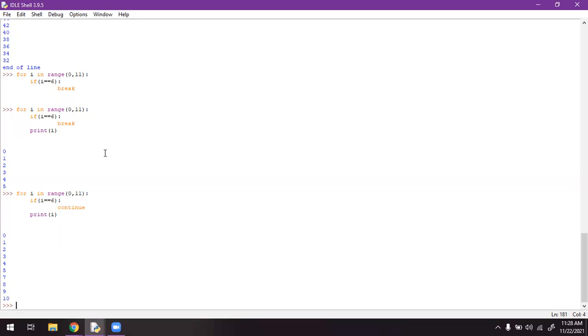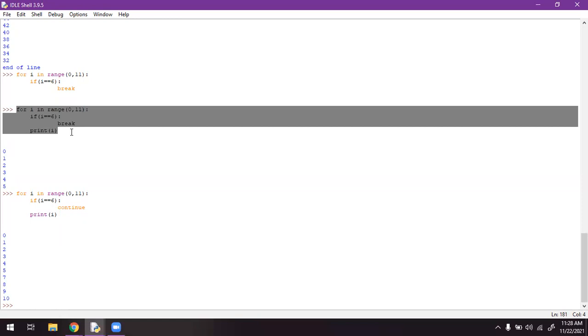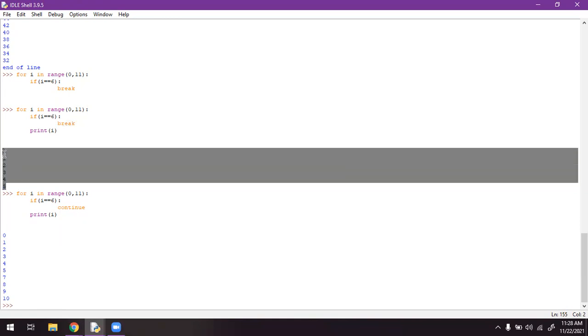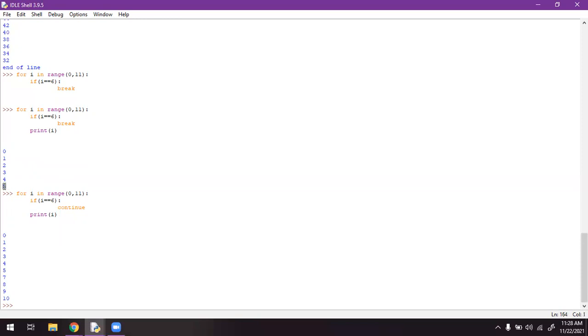Okay, do one thing. Spot the difference. Why it is taking while in the break function, take it as an assignment. While we are using the break function, it came to 6 digits: 0, 1, 2, 3, 4, 5. Last digit is 5. But while we are using the continue function, with the same condition, what happened? The sixth number is skipped.